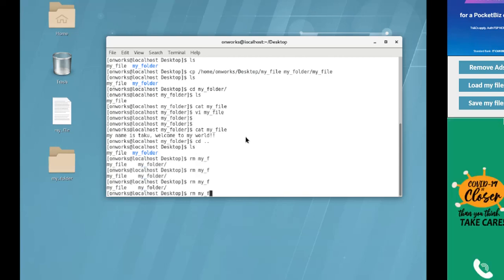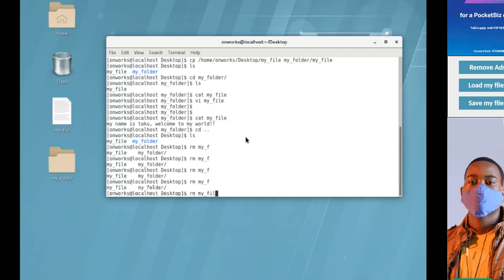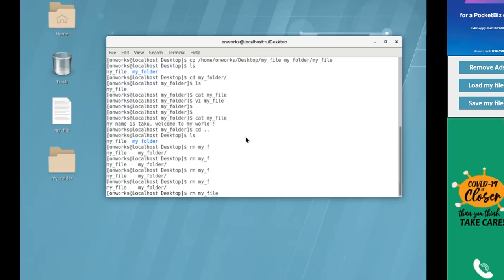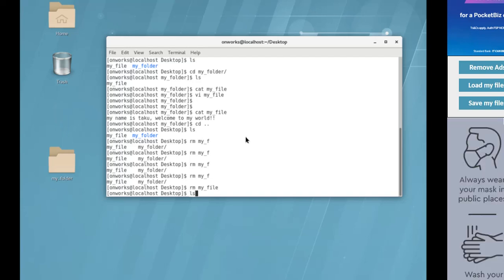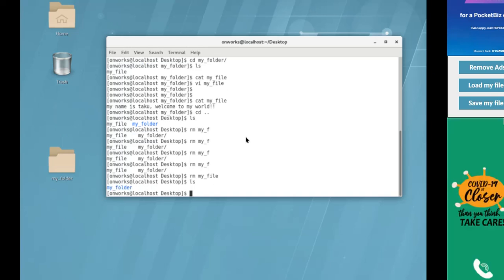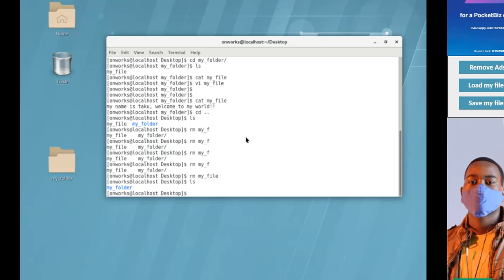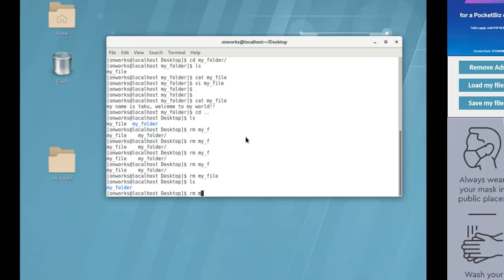Okay, then the name of the file. So the name of the file, remove my file. If you press enter, it would have deleted my file, and when you do an ls, the file is no longer there. If you want to delete a folder, if we do remove my folder,